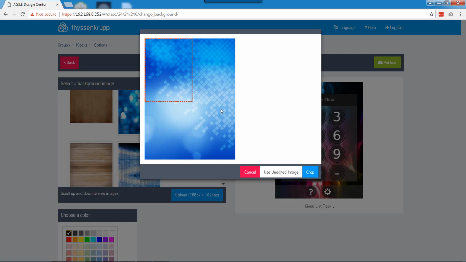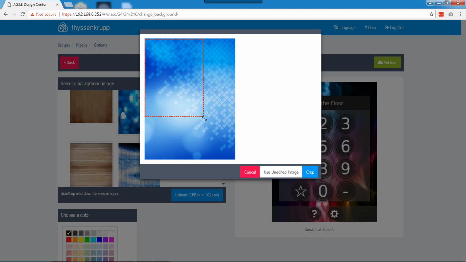And what it does is it brings up this menu. Now, not all images may be the proper resolution and aspect ratio to fit the screen that you've selected. In this particular case, you can see we have more of a portrait orientation image for us to upload, and you get 3 options: cancel, use unedited image, so I could just select this, let this whole image go in, or I could crop a section out if I wanted to just take